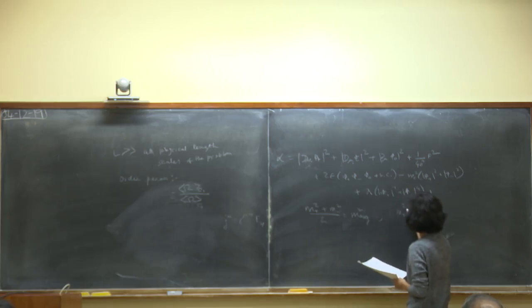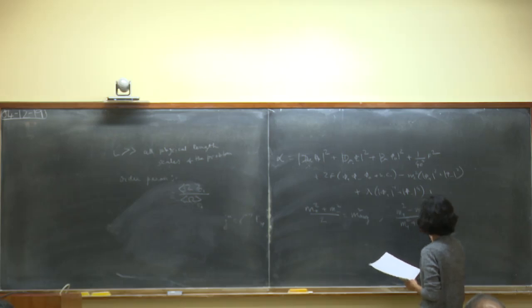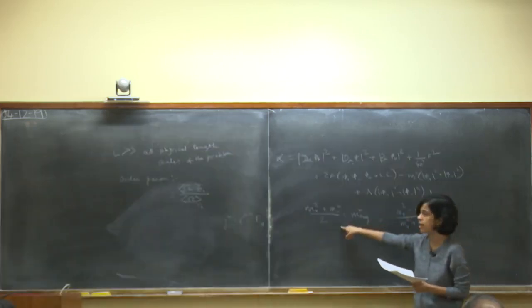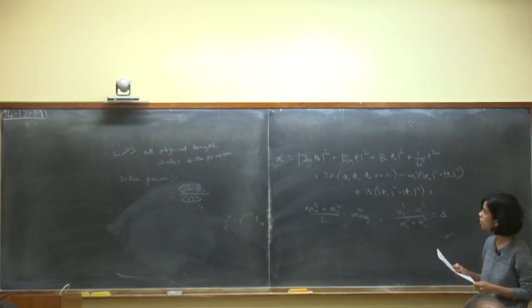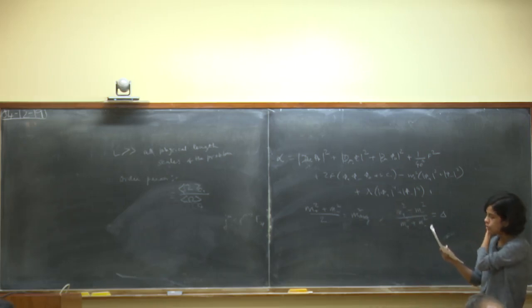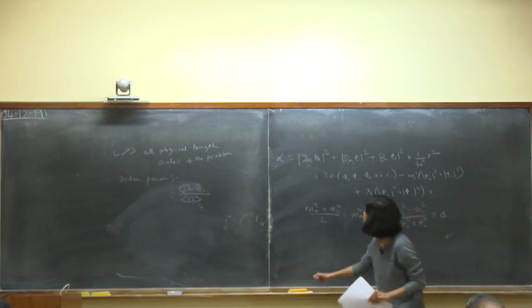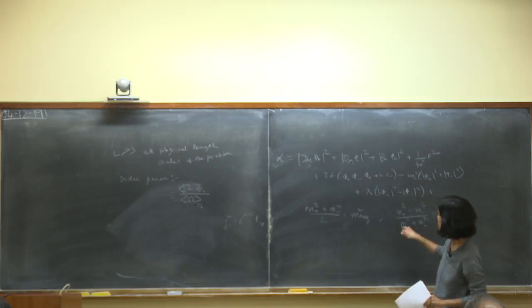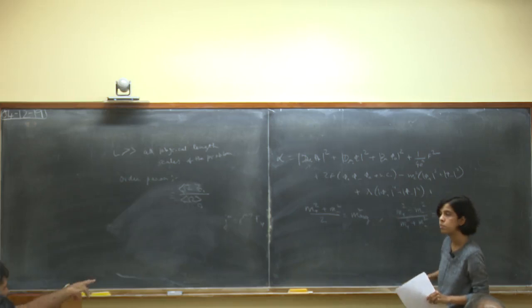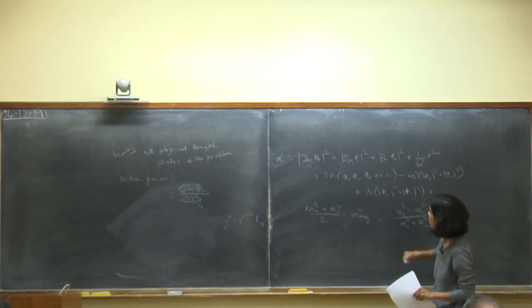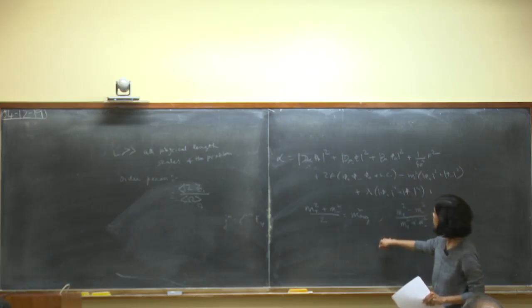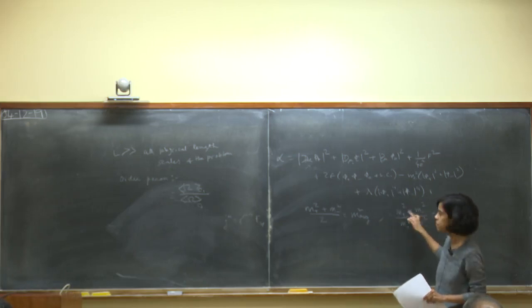There's going to be a parameter which I call delta, which is the ratio of the difference over the average mass squared, and I'm going to hold this fixed while I vary the other parameter. And then ask the same question as to what happens to that order parameter. What is interesting in this case is that you might wonder about the masses of phi plus and phi minus. You've not written that in the Lagrangian. No, I haven't written that.